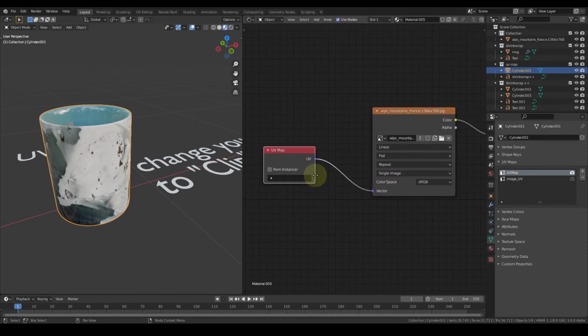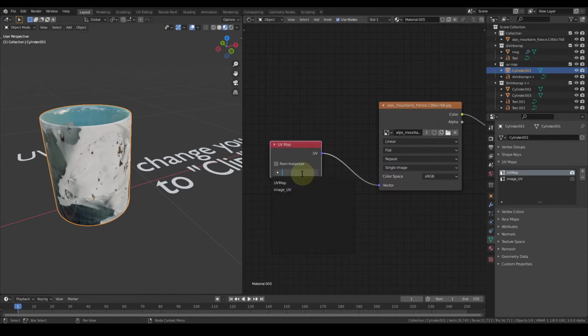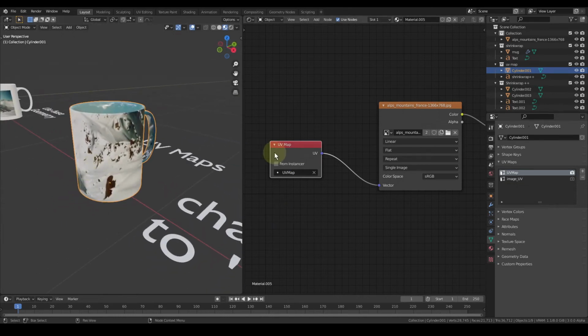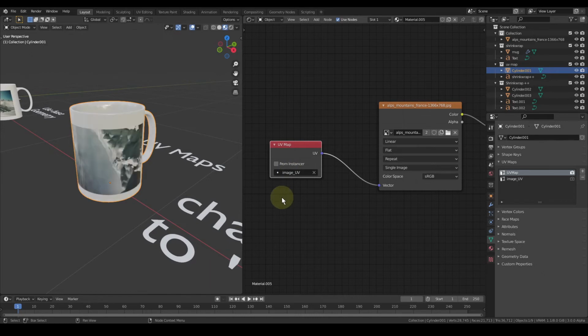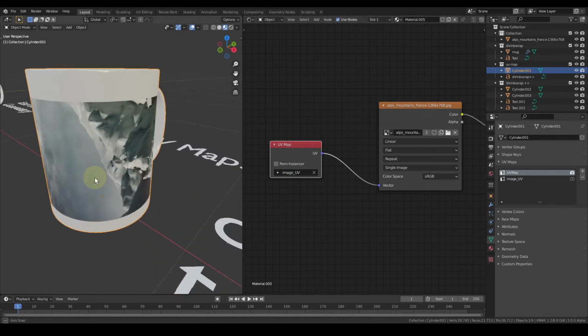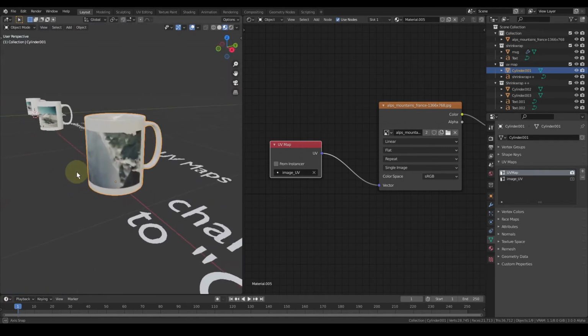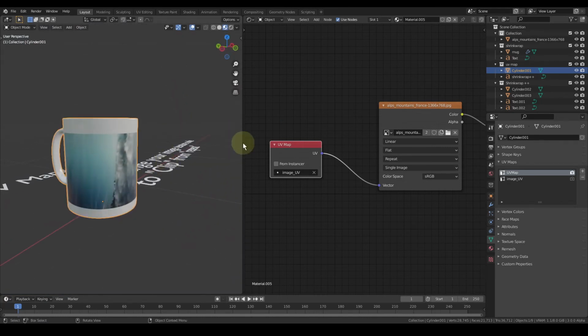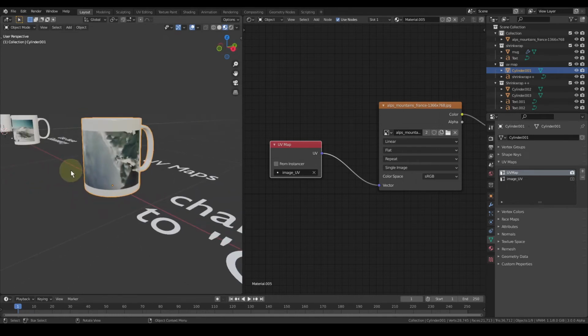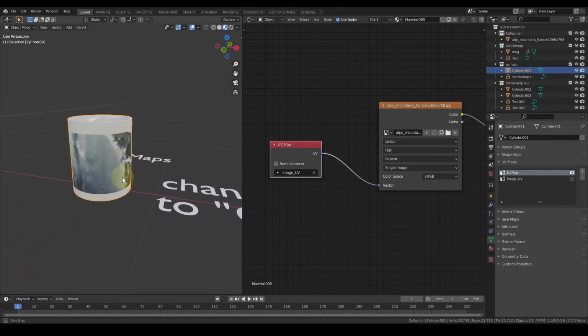Okay, it is still using the default UV map. I'll show you. You can see UV map. Now if you want to change it, you can select UV map. Now look at this. Okay, so you can see the image is not being displayed properly.